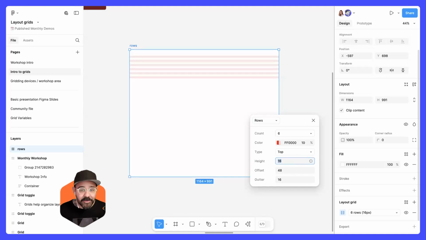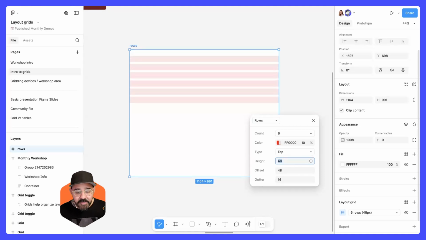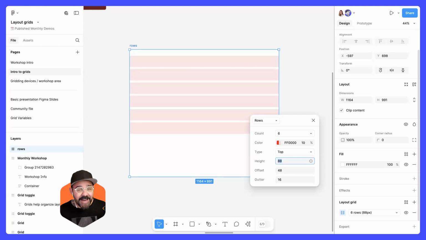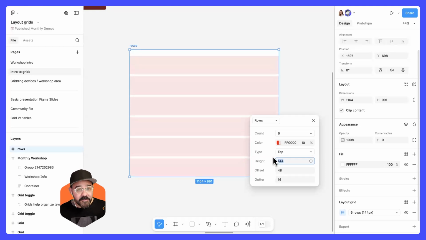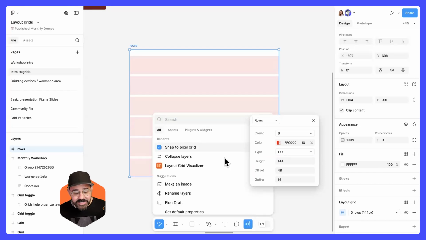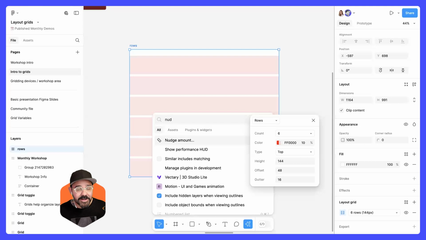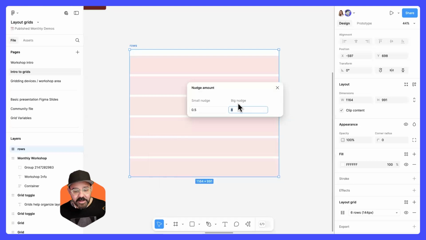So I'm going to hold down the shift key and push up. And what that's going to do, it's going to iterate by values of 8 using the nudge setting in Figma. If you're unfamiliar with the nudge setting in Figma, just click down here, go to the actions panel, type in nudge amount. When I click nudge amount, you'll see your small nudge and your big nudge. The big nudge is the value by which you're iterating. I'm going to set my small nudge to 1. Sometimes when I'm working on icons, I use 0.5, but here we'll just set it to 1